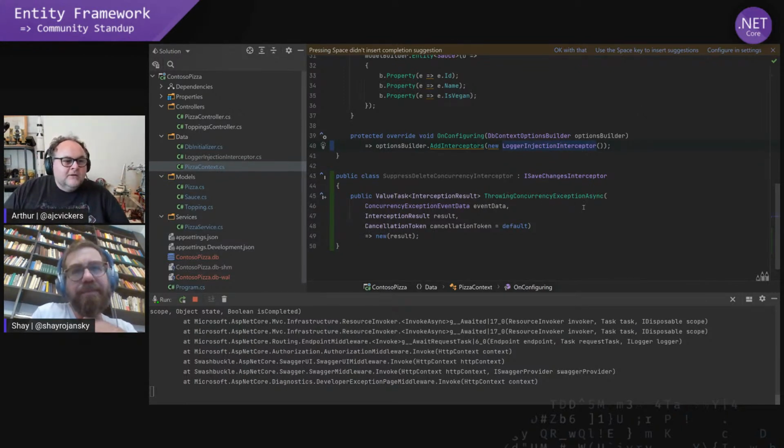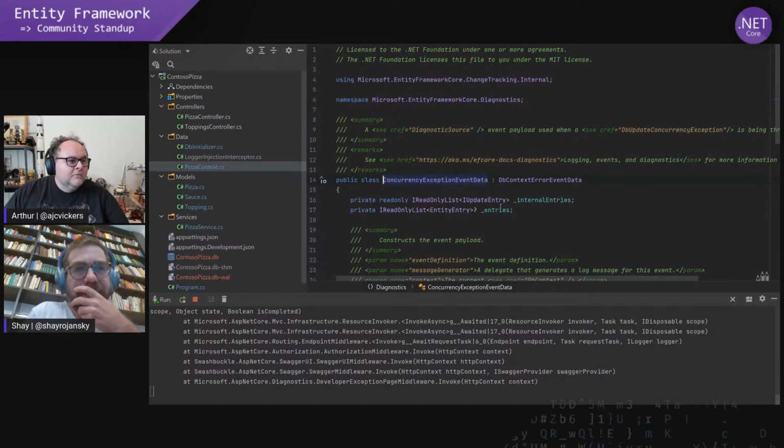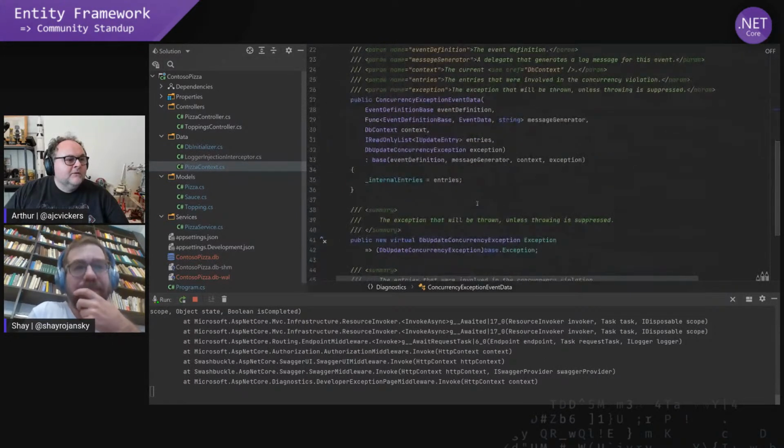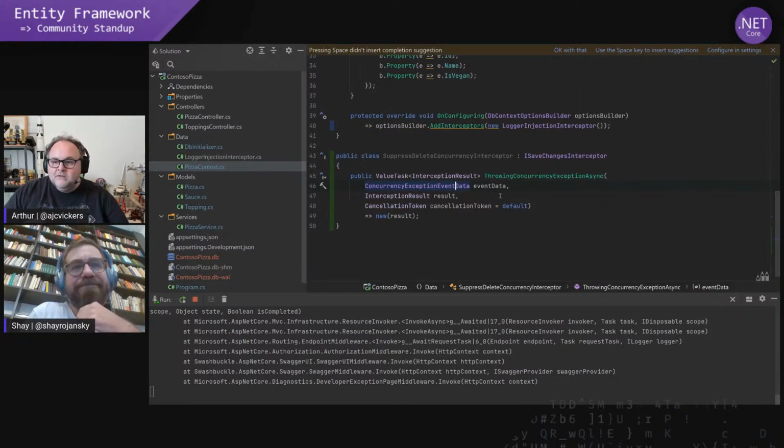So in this case, I'm overriding the throwing concurrency exception async because I'm calling save changes async, and then we get a bunch of event data. So this is another thing about interceptors. You often get these things called event data, which gives you information about these things. So in this case, it gives you the entries that were involved in the save changes operation that failed. So what we can do is